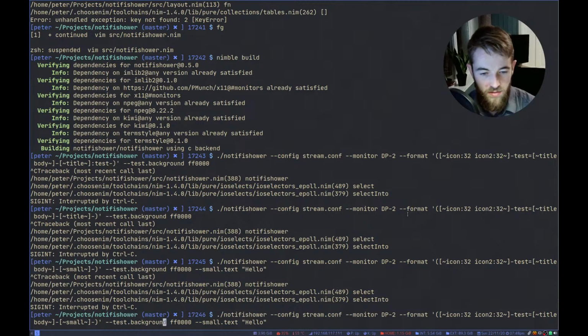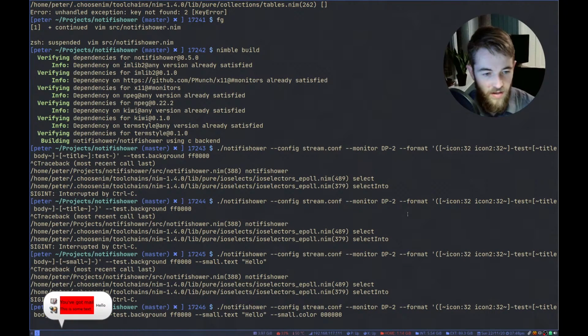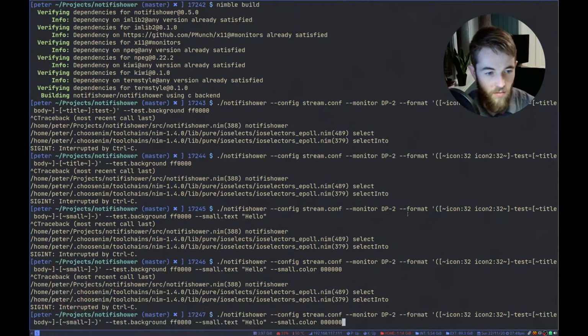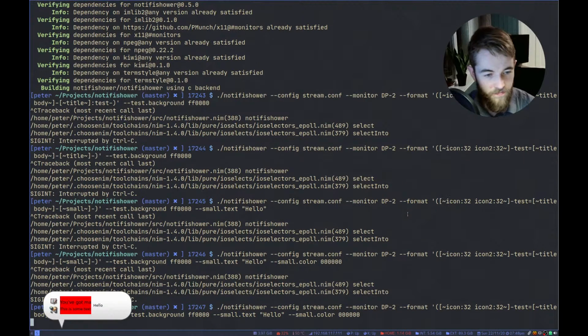Oh, that's because the text color defaults to white. Color 000000, so it's black. And now we can say that small should be equal in size to test. Yay! Now we can see this one is now equal in size to this one.